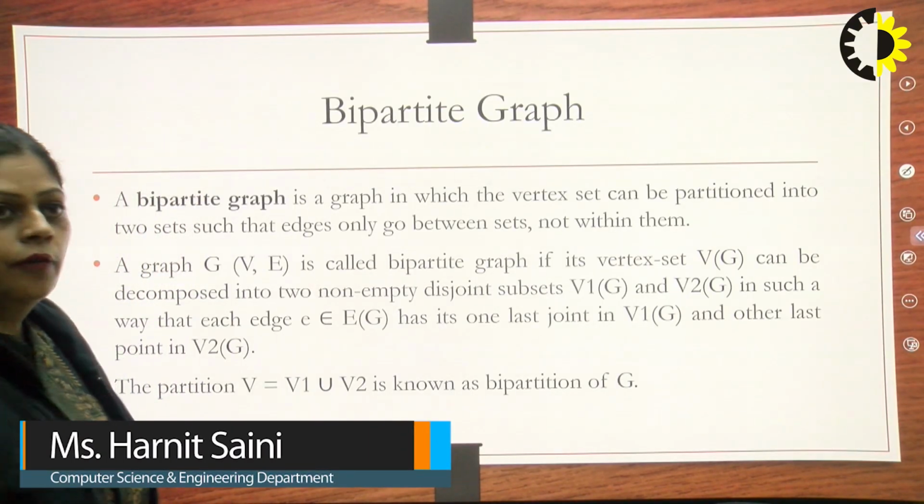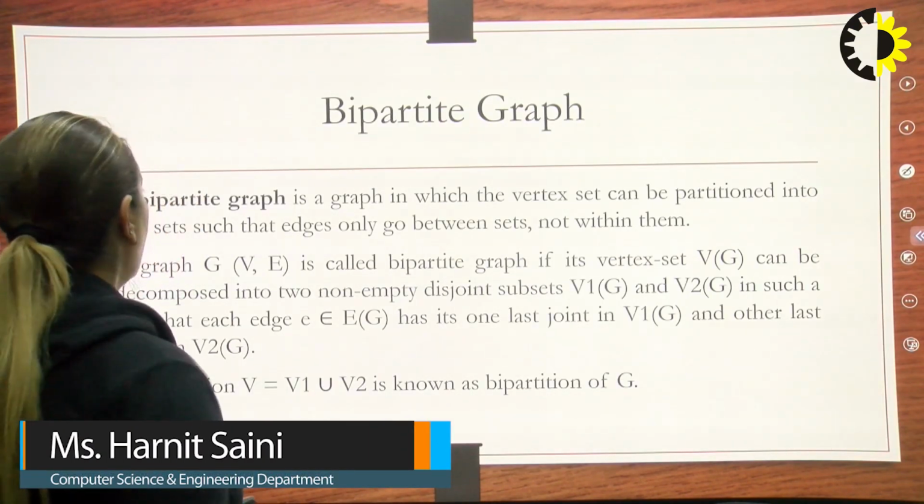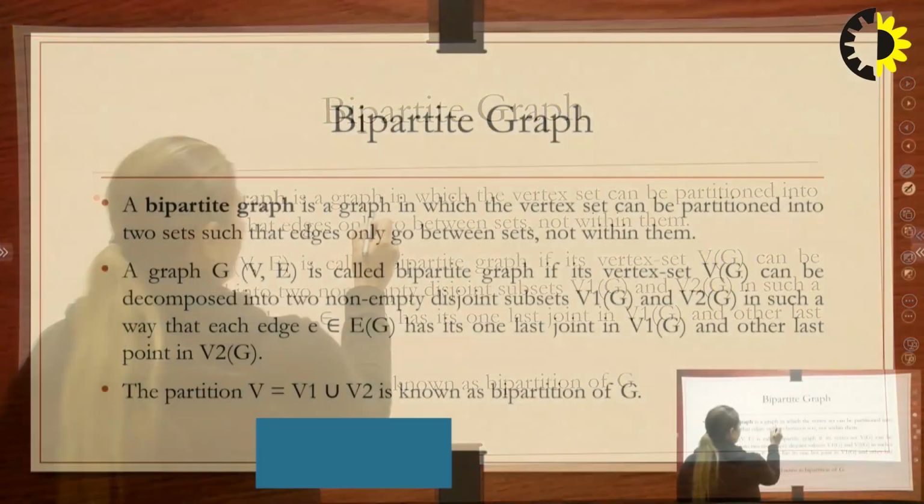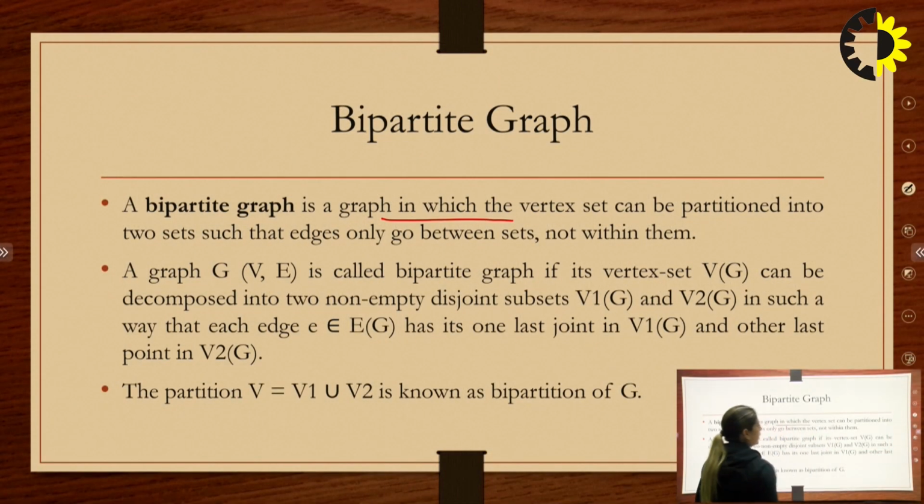First, we should know what is a bipartite graph. A bipartite graph is a graph in which the vertex set can be partitioned into two sets such that edges only go between the sets, not within them. A graph G = (V, E), where V is a set of vertices and E is a set of edges,